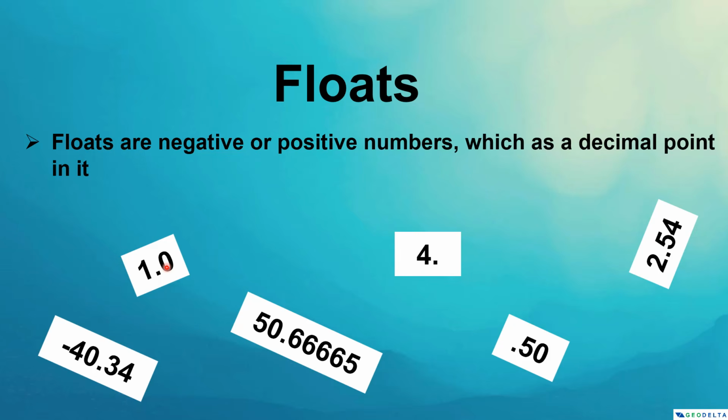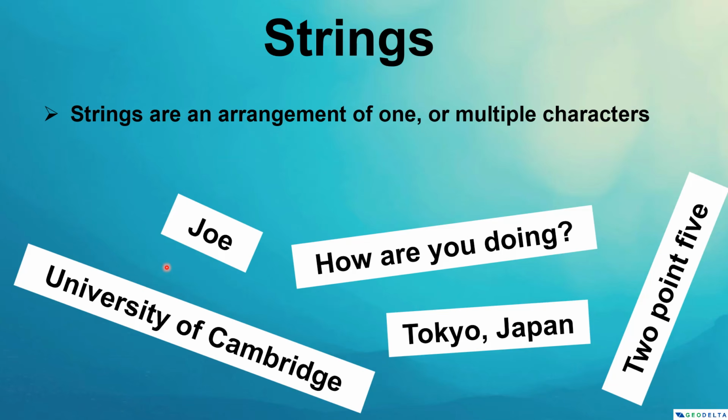Alright, so let's move on to the third data type, which is strings. Strings are an arrangement of one or multiple characters. For example, if you're trying to write someone's name or someone's address, or maybe a name or multiple names of cities, or even an entire paragraph, all of these things can be categorized as strings. As you can see over here in the examples, there's a name called Joe, and